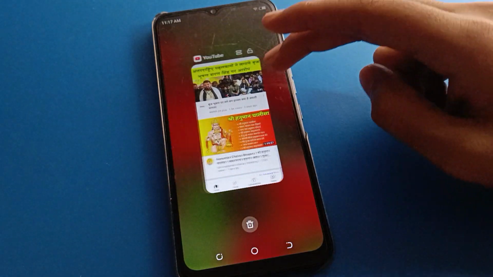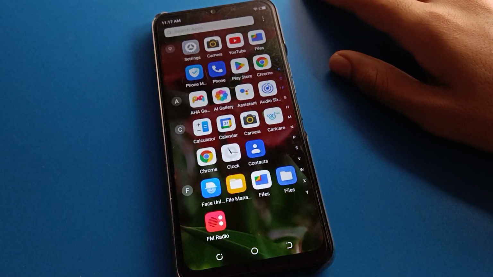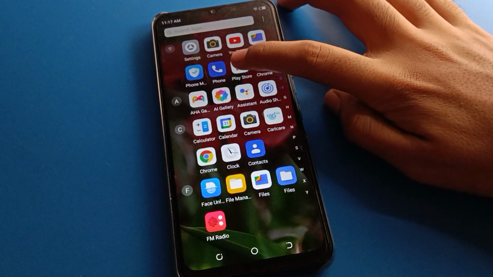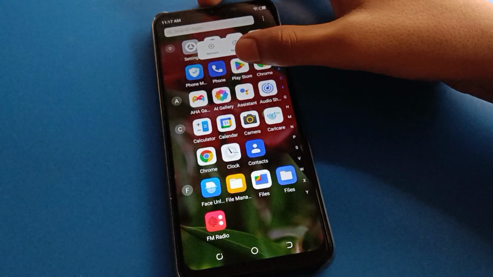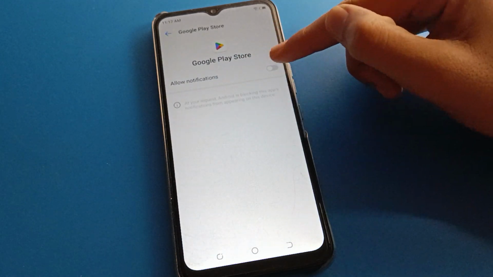And friends, you can turn off app notification with a shortcut setting. For example, if you don't want to use Play Store notification on your mobile, press and hold on Play Store, tap here on app info setting, and you can turn off Play Store notification, and if you want to use it, you can turn on Play Store